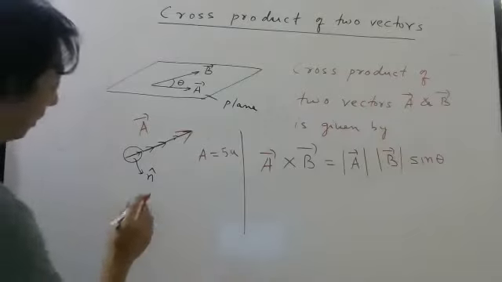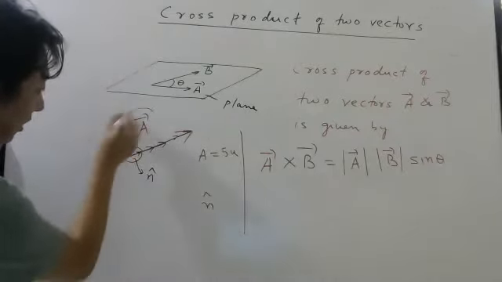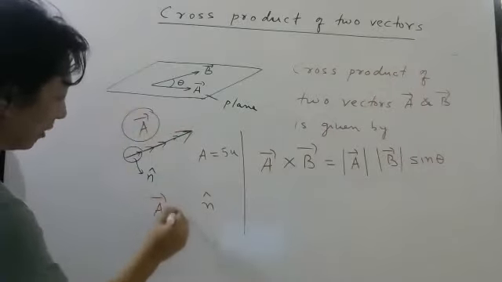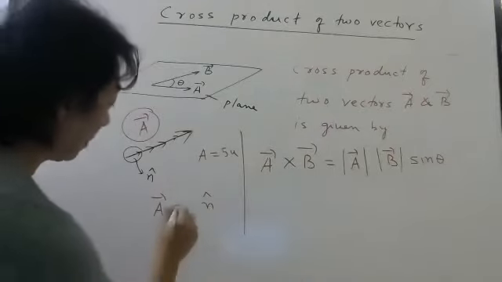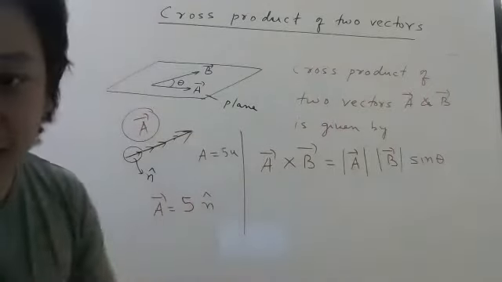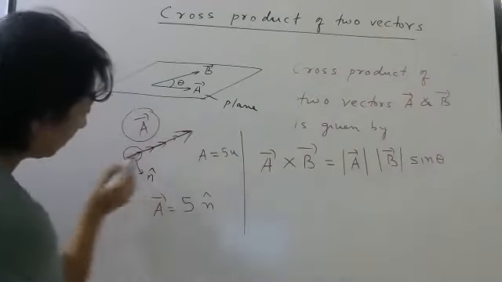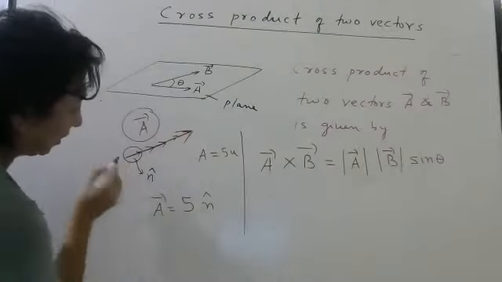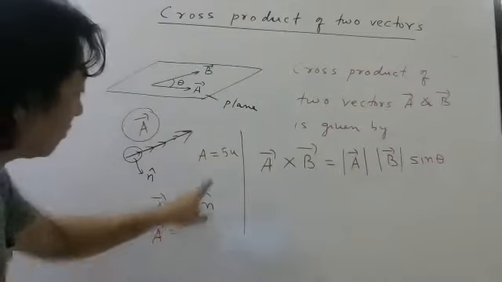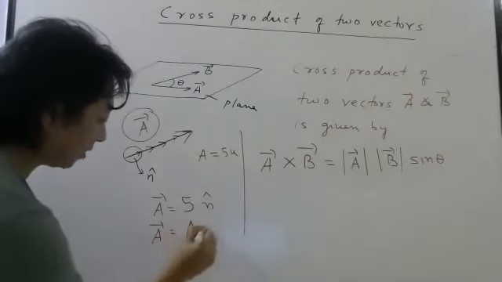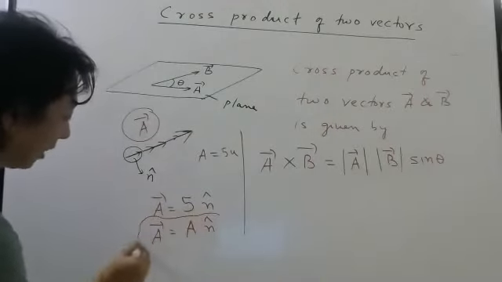So now look carefully. This is a unit vector. Can I say unit vector is equal to this vector? No, because this has magnitude 5 and this has magnitude 1. But if I write 5 here, then it is correct, because 5 times the unit vector will give you the first vector, A bar. That means I can write A bar as magnitude times unit vector. What is this 5? This 5 is the magnitude. So this is how you should understand this formula.